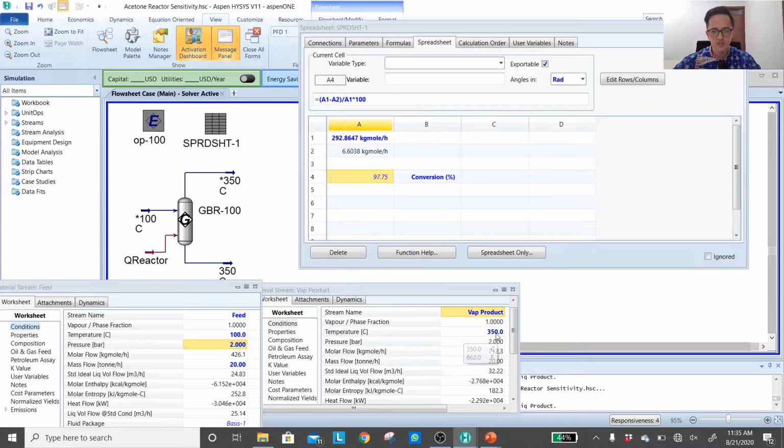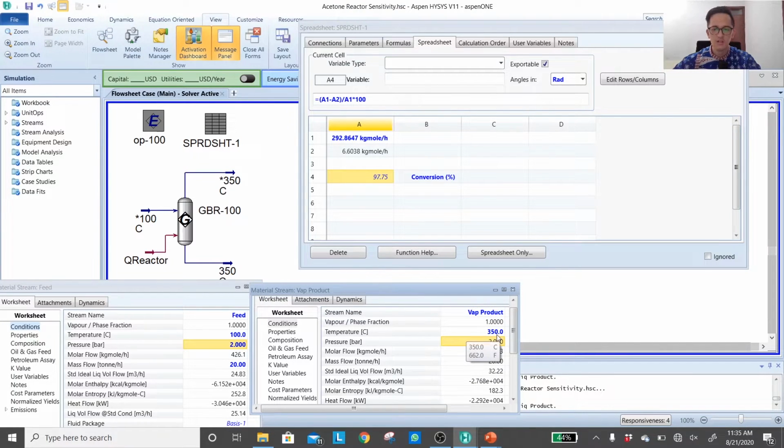Why? Again, just check the color. This is a blue color. That means it's an independent variable. I put this number in a couple of minutes ago. That's why it doesn't change. So now the idea is to have an isothermal reaction. When we change it to 100 degrees C, the outlet has to change to 100 degrees. That means the Q reactor has to be adjusted. So the question now is, how can we set the temperature of the outlet of the reactor to be the same as the feed to the reactor?